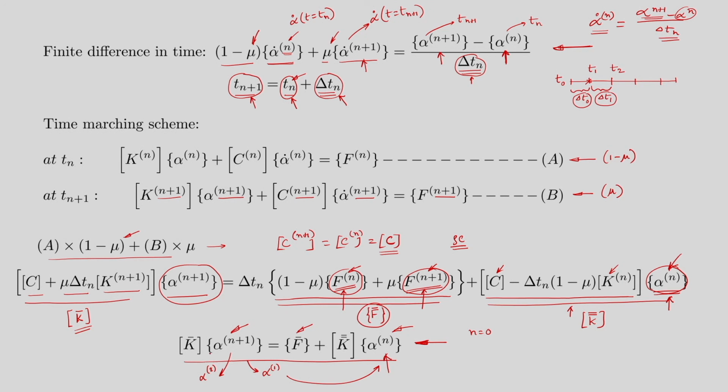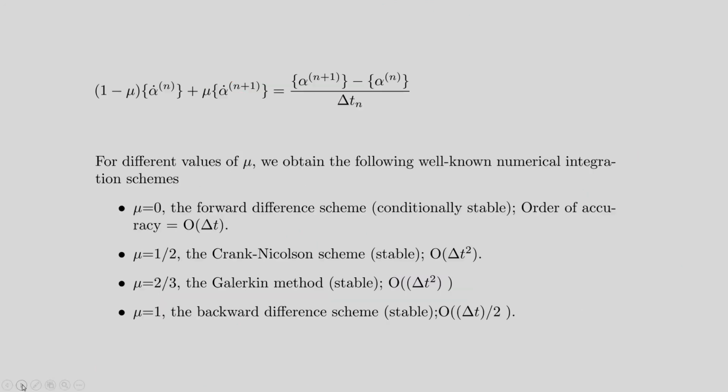Now, let us see how we can implement it in a given code and find the solution. But before that we need to understand the different numerical schemes by which we can simulate the solution. As I discussed, this is the scheme that we have utilized here, and this mu is a parameter.